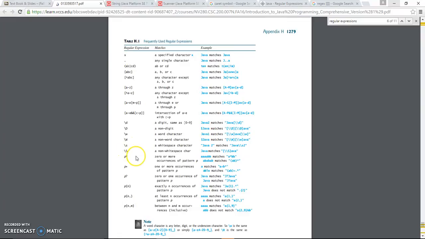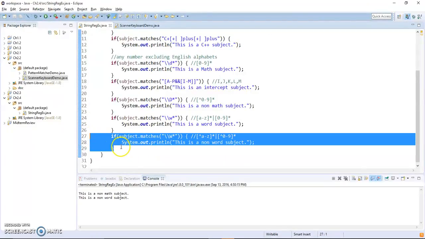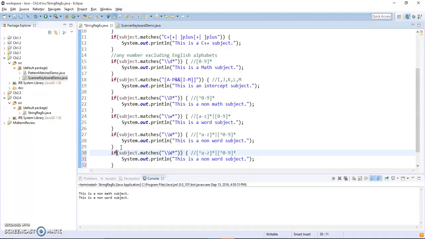Now S stands for space. So if you have a space, like white space, right, the longest key on your keyboard. If you don't want to include non-white space, just cap S. We talk about this, 0 or more, 1 or more, right? So let's test the space. So we do slash lowercase s, right? So this is a space